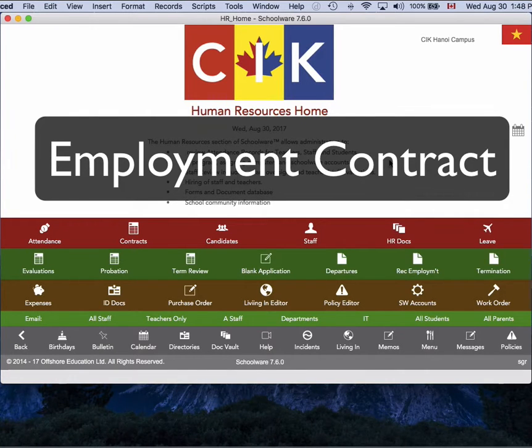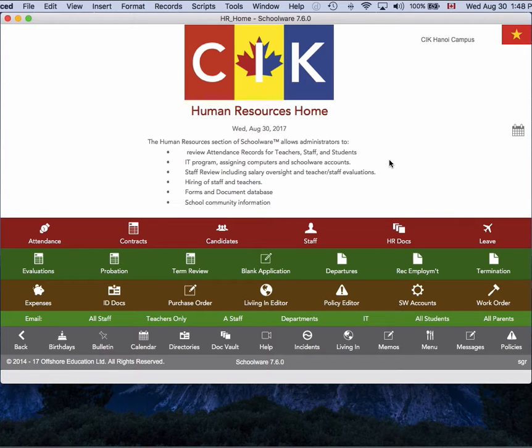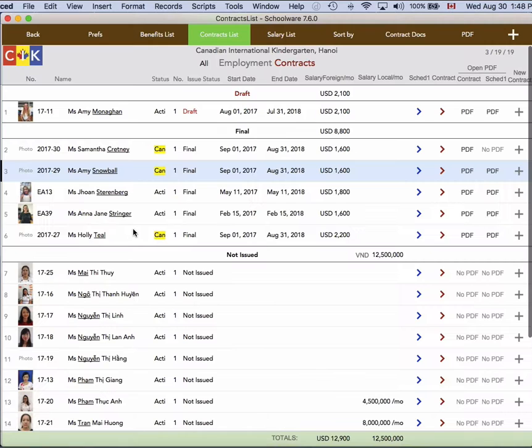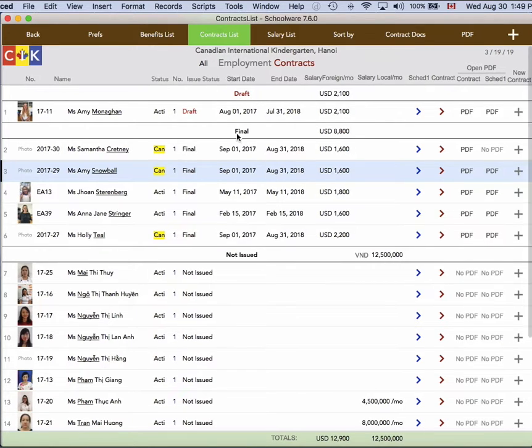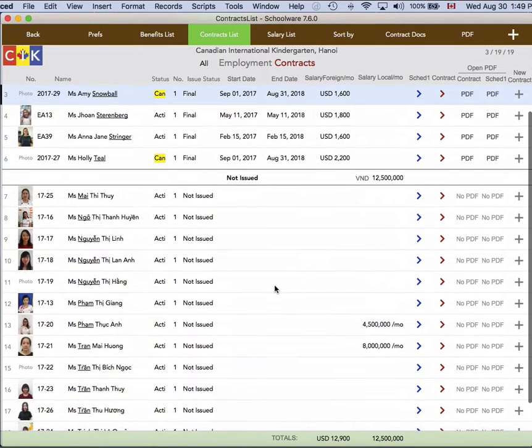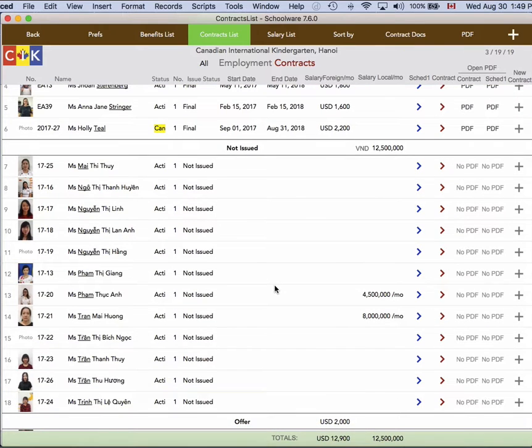The creation and administration of contracts to hire staff and look after their welfare during their time at the company falls with human resources, and creating contracts falls under the contracts tab that takes us directly to a list of all employment contracts. This has them listed by status: draft, meaning that they're still being put together; final, meaning that they're accepted; not issued are particularly for local staff who are working under the